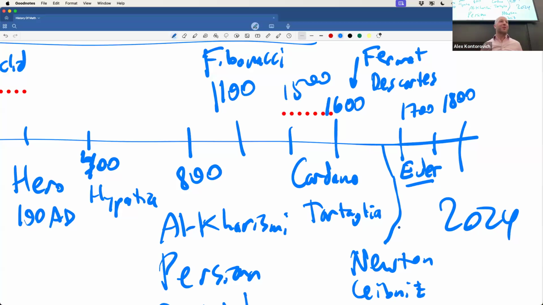There's hundreds of people that are contributing all kinds of beautiful, fantastic things. When we get to 1800, it's no longer possible to write down the list of names we're going to see here. We start getting Gauss, we get Dirichlet, we get Riemann, and towards the end of the 1800s, into the 1900s, we get Hilbert, we get Turing. This is going to be the tail end. The only rate limiting step here is how many lectures we have.